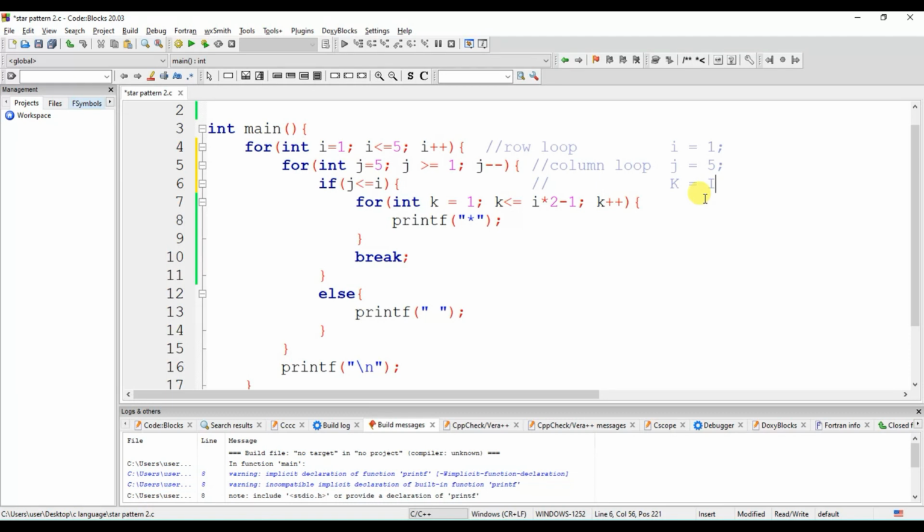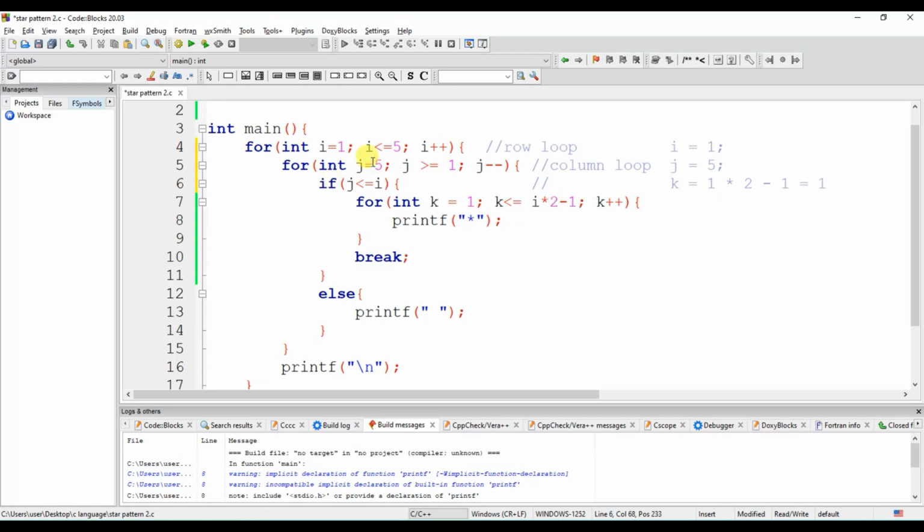I multiply by 2 minus 1, and our I is 1, so we put 1 here. 1 into 2 is 2, minus 1 is equal to 1.